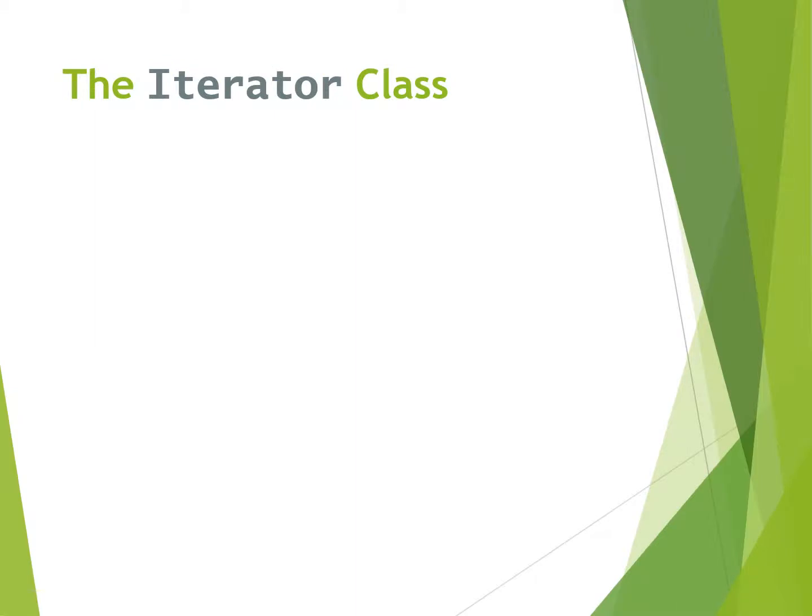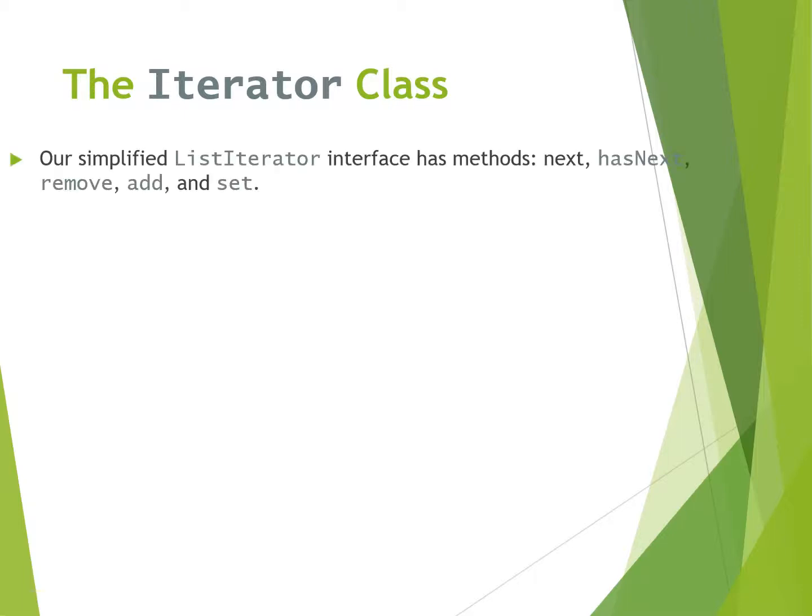Okay, so far we have talked about the class linked list and how it keeps track of the first node, and how a node is defined as an inner class inside the class linked list. Now we're going to talk about the Iterator class. So we want to implement a simplified list iterator interface